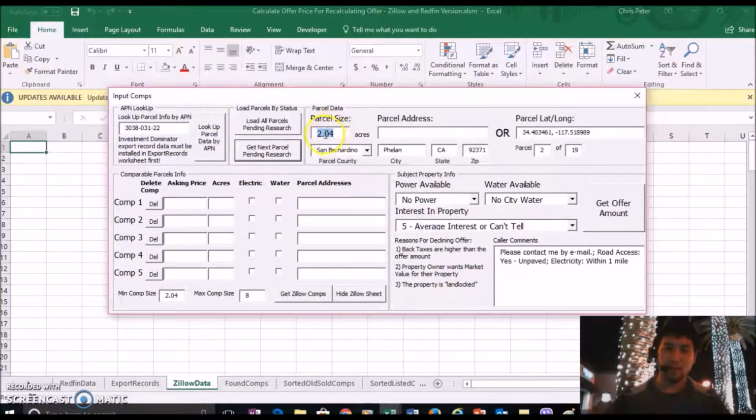If it's a smaller parcel, we're probably not going to set the minimum acreage to anything less than that. If it's like a 10-acre parcel, then we might set the minimum to like 5 or something like that. But the main point is that we're going to have minimum comparable size and maximum comparable sizes, and these numbers are what you would put